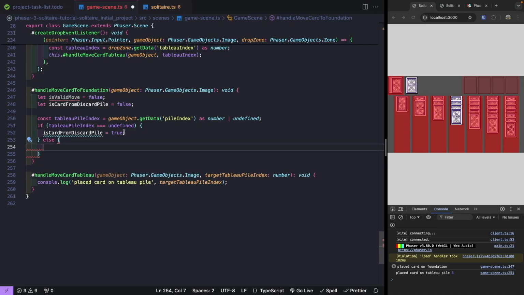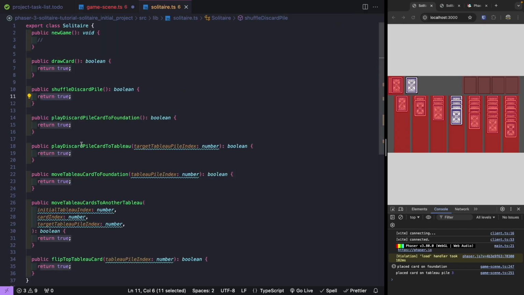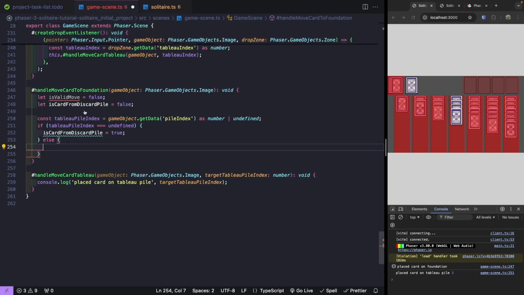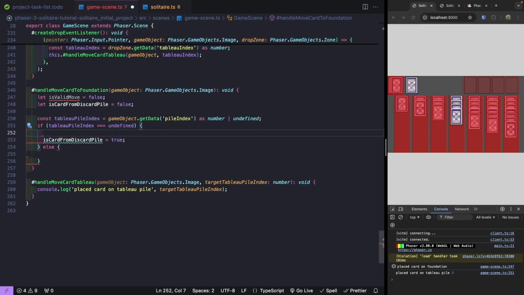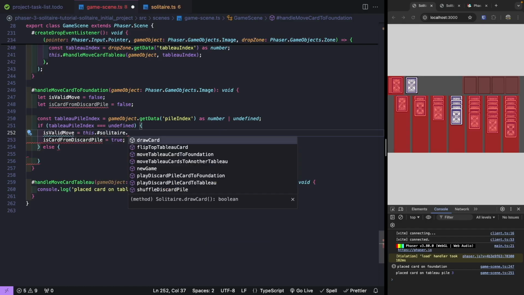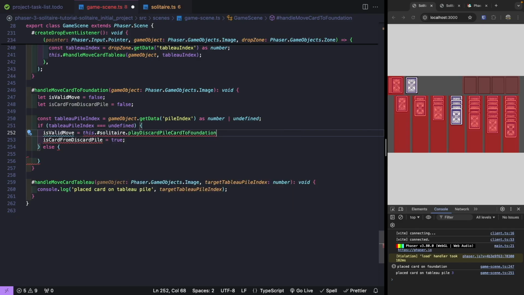And so now we want to call the methods that we defined inside our class to check to see if the move was actually valid. So we're going to set isValidMove equal to our Solitaire game instance, and we're going to call playDiscardPileToFoundation if it came from our discard pile. Otherwise, we want to call our other method for moving a card from our Tableau to our foundation. So we'll call moveTableauCardToFoundation, and we'll pass in our tableau pile index